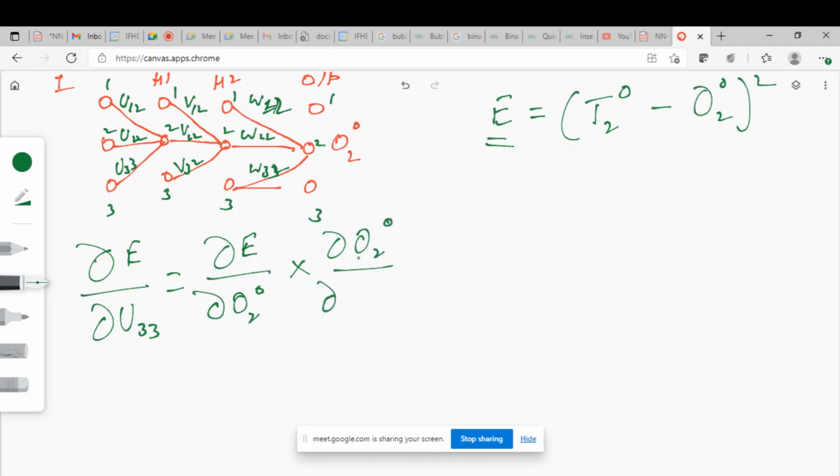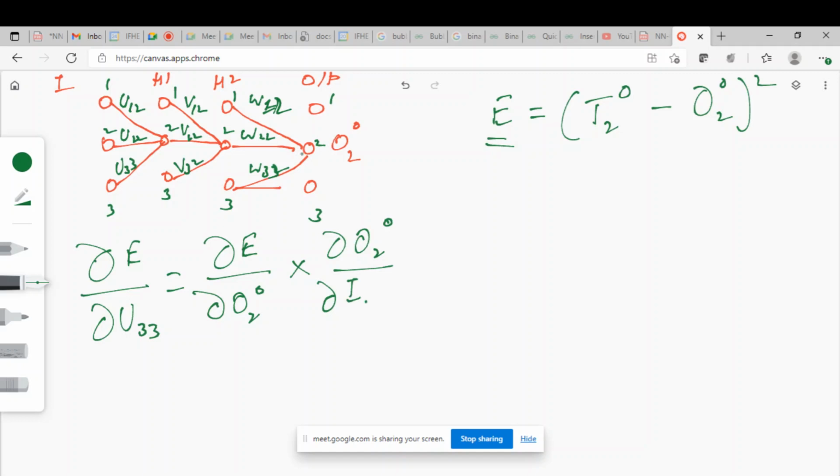Yeah. This output depends on what? No, no. Why are you going? See, this output directly depends on its own input. Okay, every output directly depends on its own input.